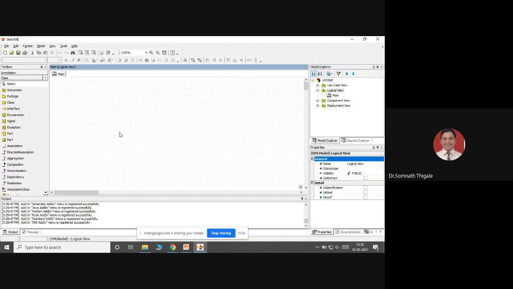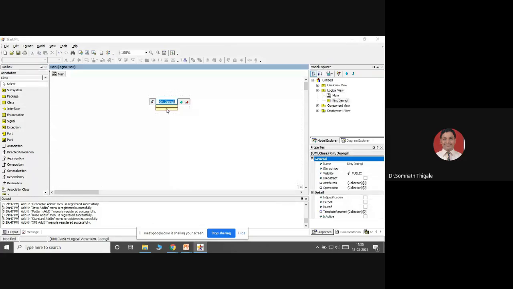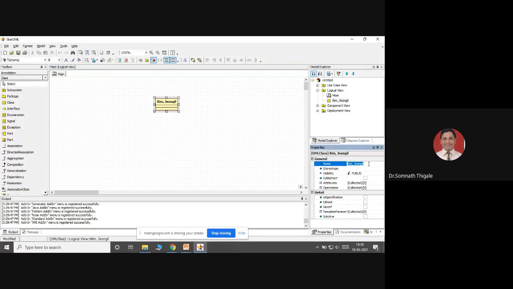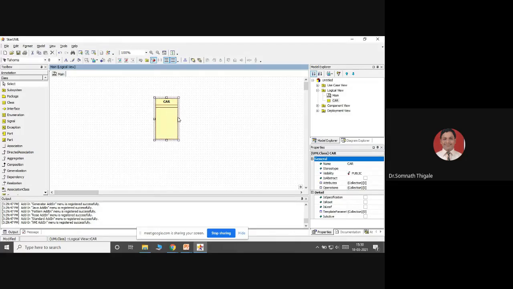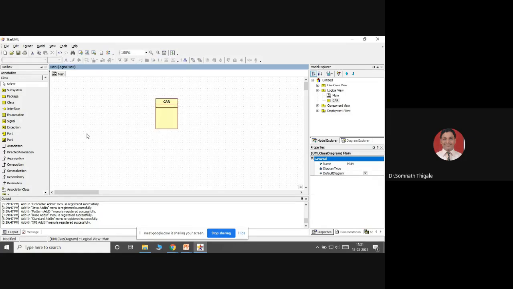At this moment, I'm just showing you one class having three compartments. I'm giving the class name as car. This is the class name, these are attributes, and these are operations. I will show how to add the attributes.